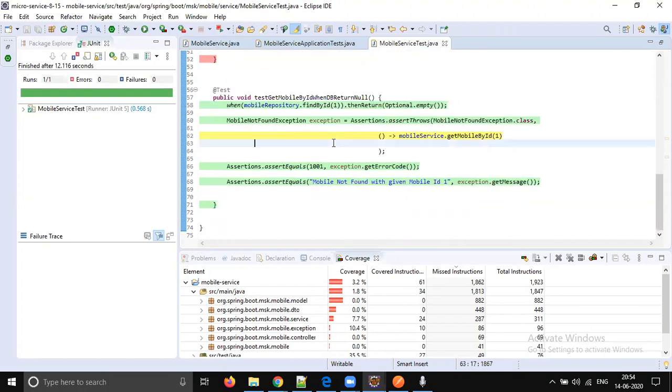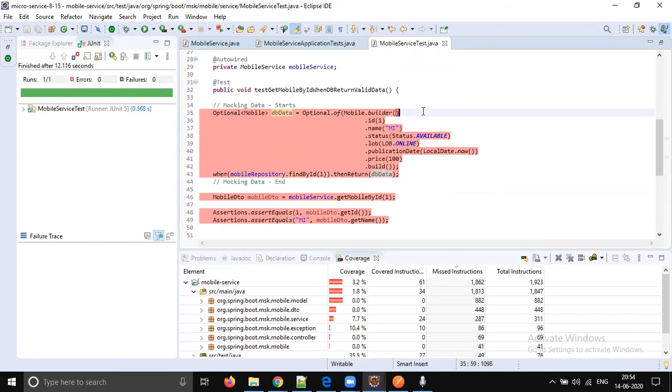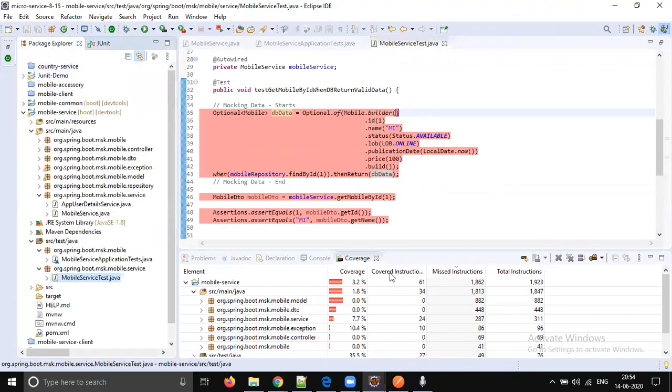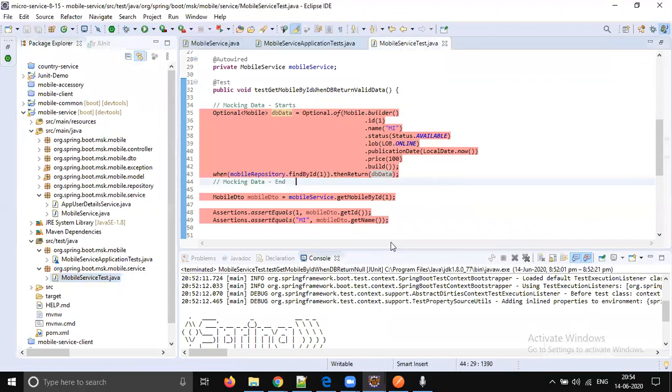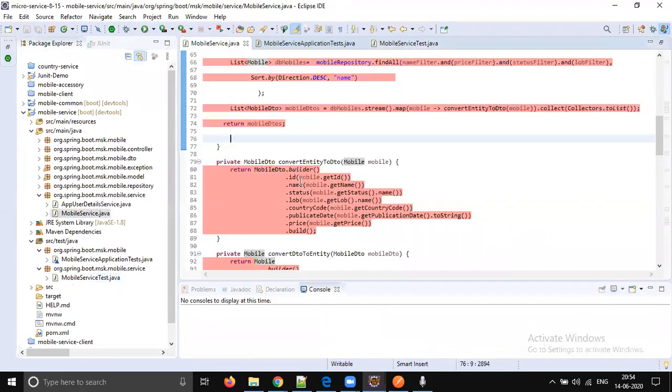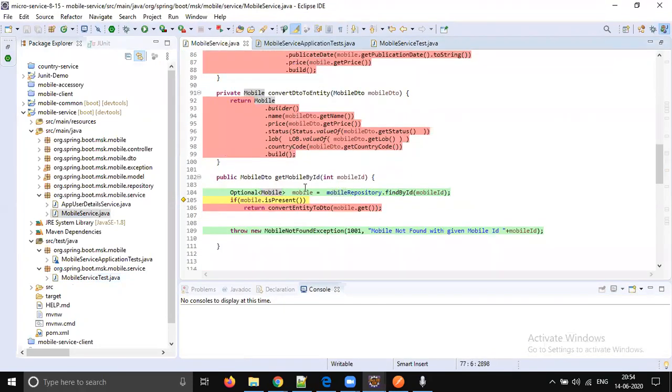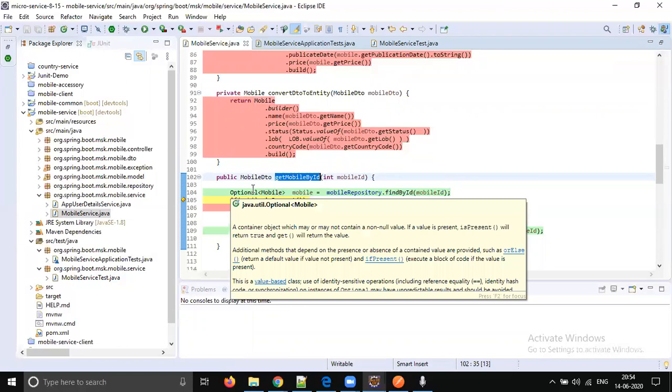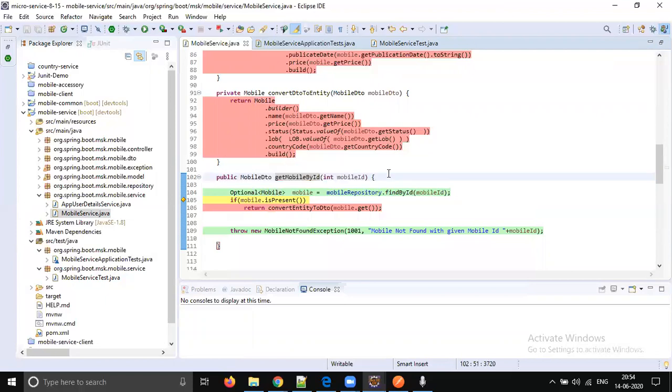This is how we write the unit test cases. We can close this, fine. You should focus on only one particular method, and you should think, what will happen if this data comes, what will happen if this data is not coming, and you should check the code coverage, whether we are covering the particular class fully. Like that we should write our JUnit test cases.